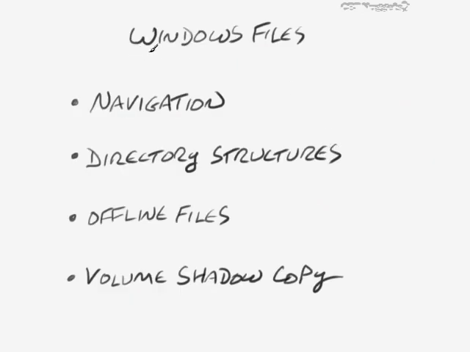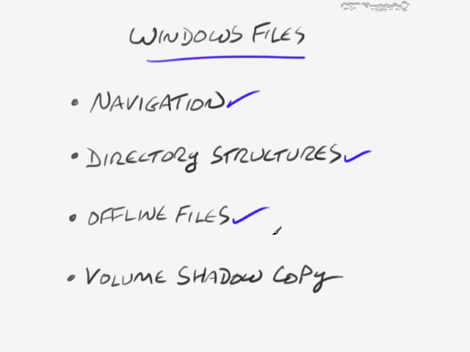In this nugget, we discussed Windows files, and we started off by talking about the navigation of the file system through the command prompt, which I took a little bit more time with because most people aren't quite as familiar with the command prompt as they are with My Computer/Windows Explorer for using the UI. We also took a look here at directory structures, where things such as the user profile can be found, where the Windows directory is, where temporary files are located, and things of this nature.